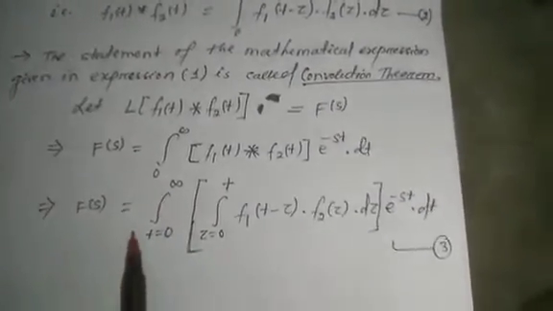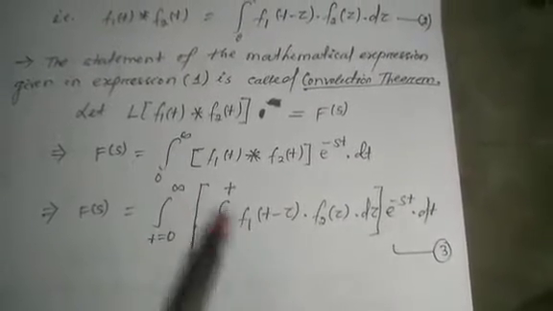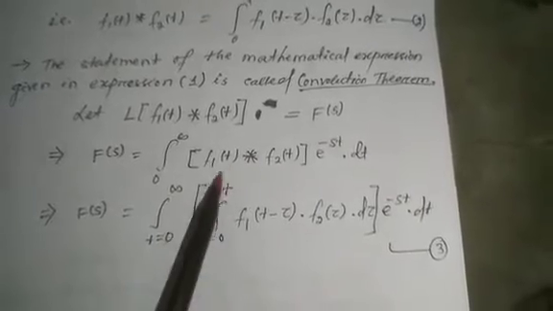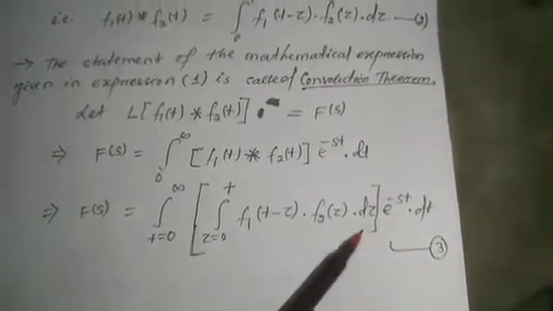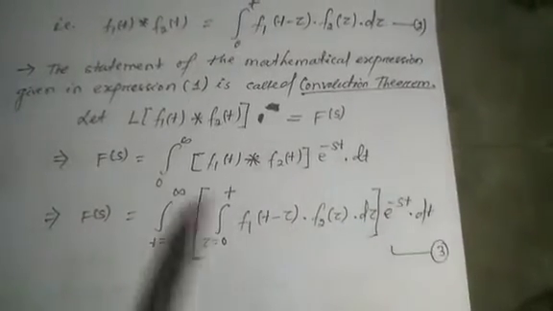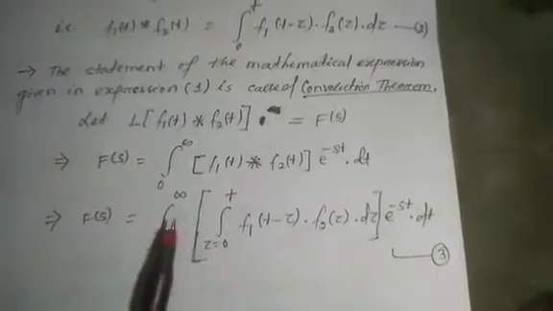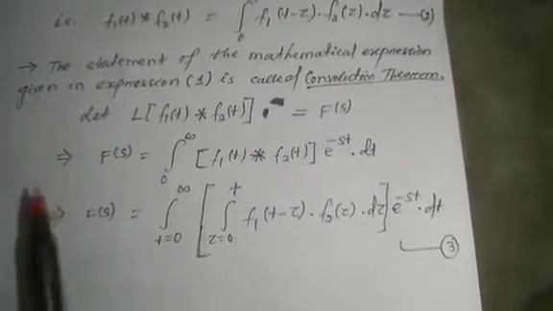This implies that F(s) is equal to the integration over t from 0 to infinity, then again the integration over tau from 0 to t of f1(t minus tau) times f2(tau) d tau. First this one, into e to the power minus st into dt, means the whole integration. First you calculate the integration of this one, then the integration of this one. That is the overall convolution integral. Okay, next you see,